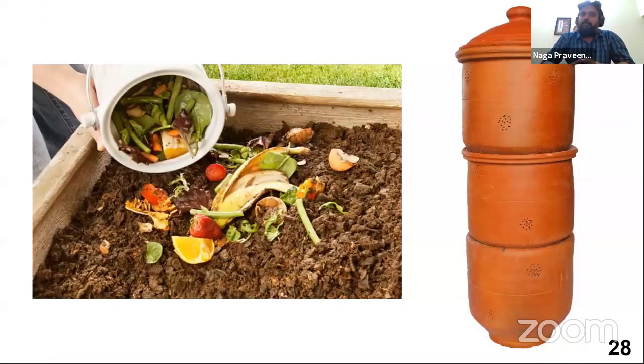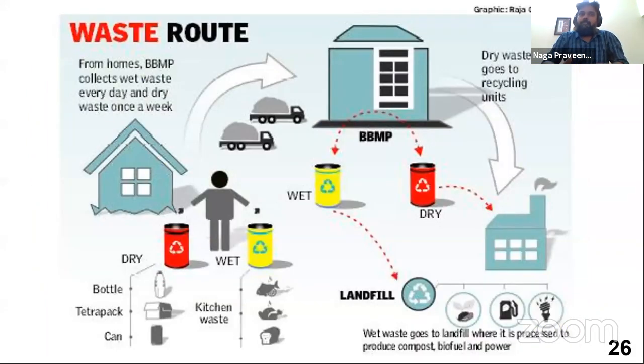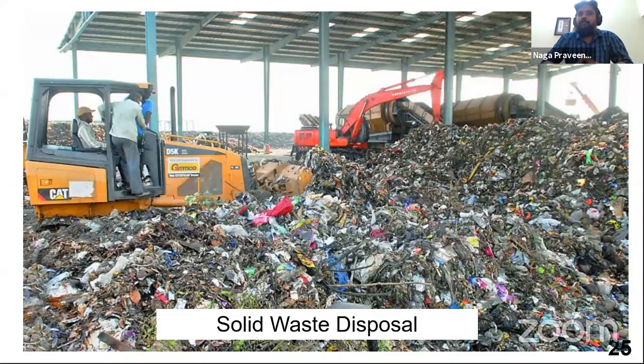There's a possibility of making compost, which you can start using for your own plantations or trees or nursery plants in your own house. Very simple technique. It really doesn't take more than 15 to 20 minutes in segregating waste. But we tend to become lazy or lethargic in terms of doing this waste segregation. And this is what comes out as a result: huge waste, millions and millions of wastage thrown into the city landfills.